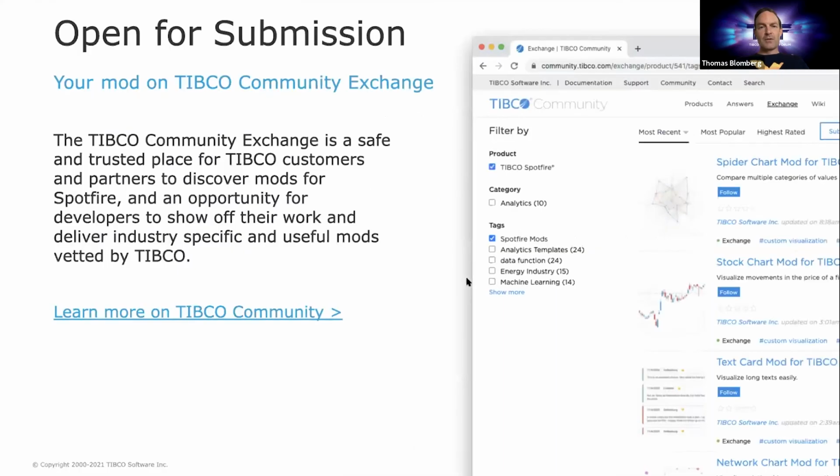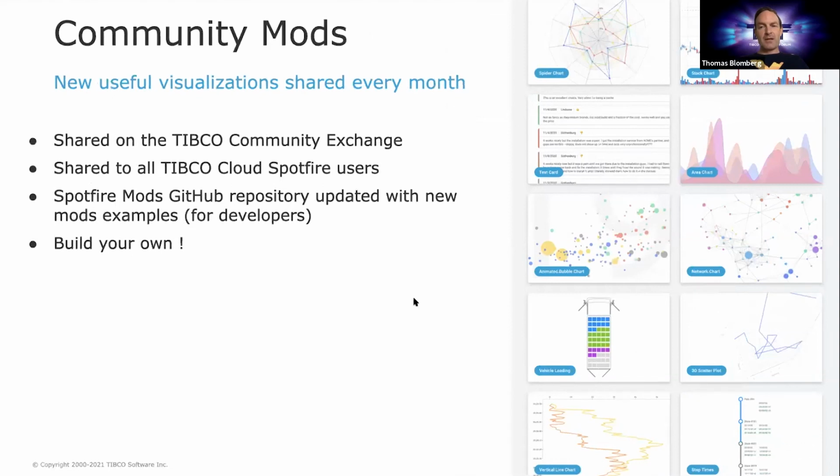And mods. Once again, mods are available on the community. We have at least 10 mods. They were added at a high pace, but at least 10 mods are available. Go try them out. In the slide deck, we have provided all of them currently released. And we definitely encourage you to download them, use the source code, learn from them, enhance them, and let us know what you have done. Or just download the mod file and drag and drop it into Business Author and try it yourself.